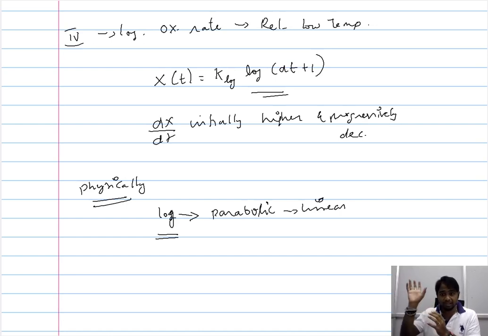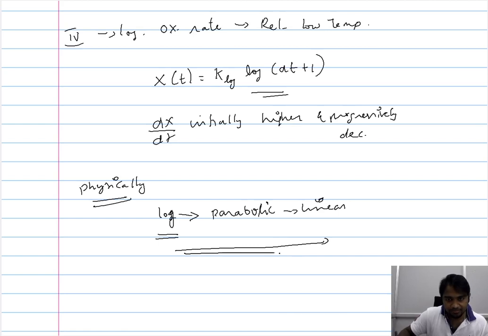So within the range of high temperature, when you are considering the maximum end of it, you have a linear oxidation rate. And in the average range, there is a dependency. The diffusivity plays a role in the overall oxidation rate. So therefore what you observe is a parabolic oxidation rate. And in the lower end of the high temperature range, you have a logarithmic oxidation rate. So this is what is physically observed, depending on the temperature, as the temperature increases. So you observe this relation here.